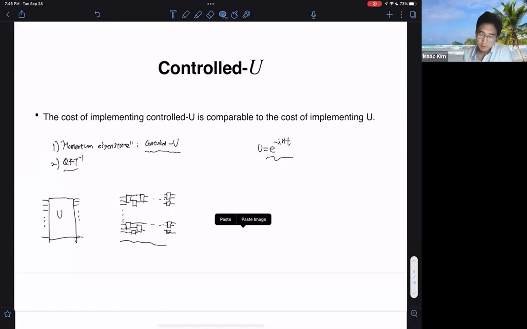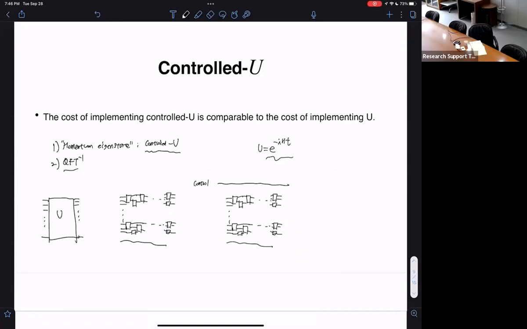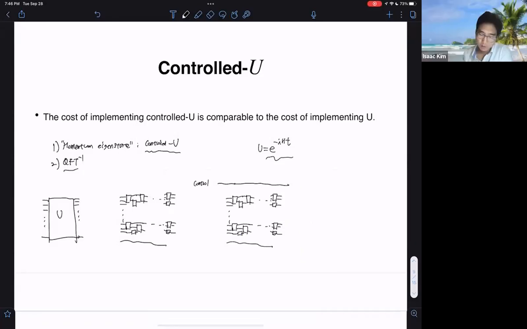So what you do is, let's call it the control qubit. And if we want to implement the control version, we replace